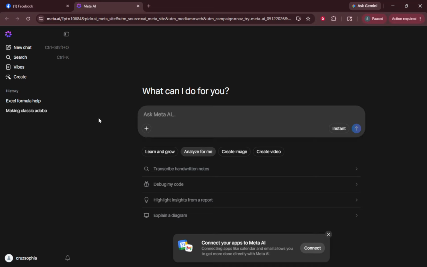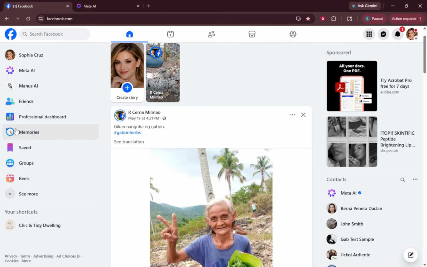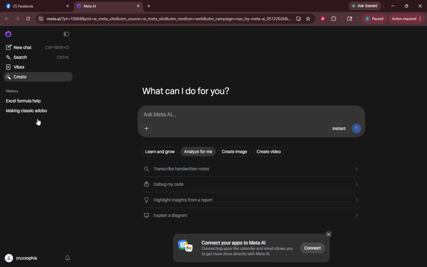After you submit your details, you may be asked to confirm the sign-in for security. This could be a verification code sent to your email or phone, or a prompt in your app. Have access to your inbox or device so you can complete that step quickly. Once your login is confirmed, you're in. You can start using Meta AI right away from the website.